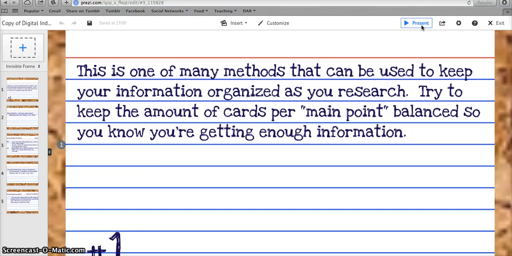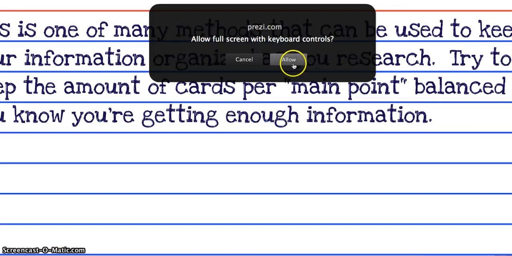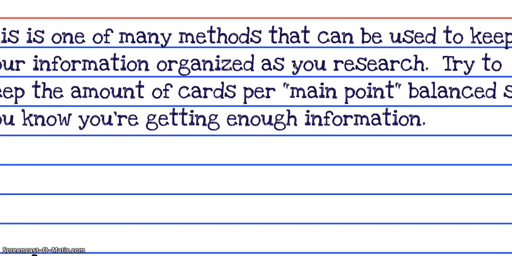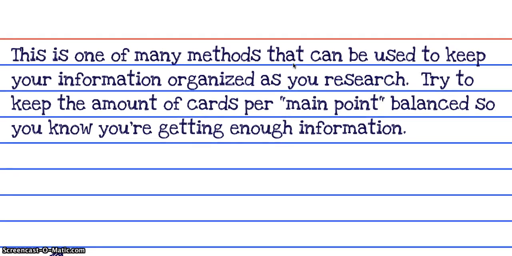Alright, so today I'm going to be talking to you guys about how to do the research note cards that you will need to complete as you do your research process. The reason why your English teachers have you do research note cards is not for busy work. I'm not going to lie, it does help us see that you are on task and that you are working on your paper. But you really need to think of it as a great tool for you to learn as